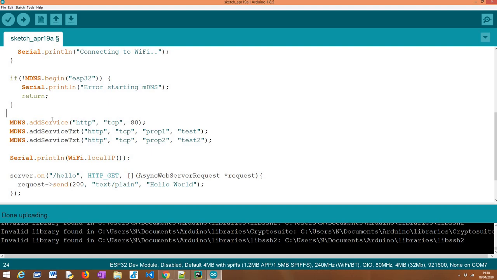So past this point, and assuming everything went fine, we want to register our service to be advertised using MDNS, and for that effect, we just need to call the addService method again on the MDNS external variable. As first input, we need to pass a string with the name of our network service. I'm calling it HTTP because basically we are exposing an HTTP web server, and this name is aligned to what we typically use to expose such a service.